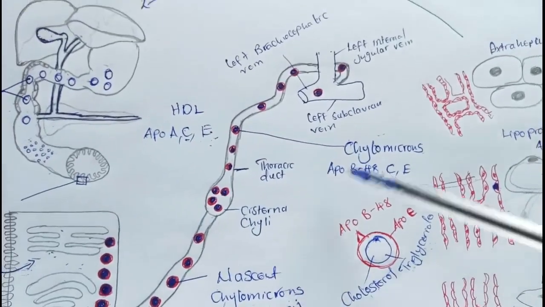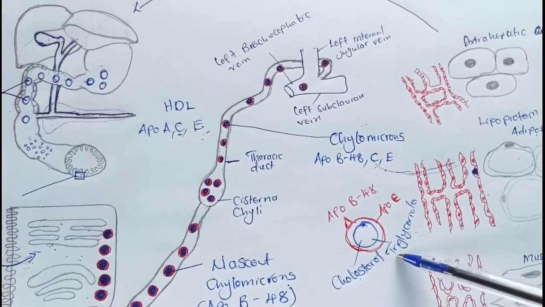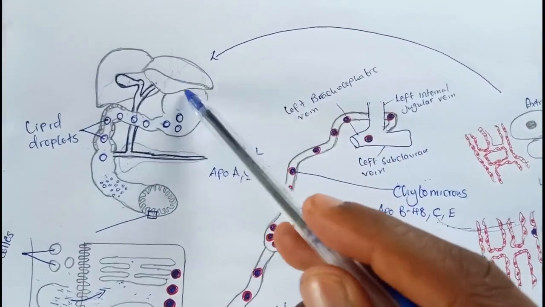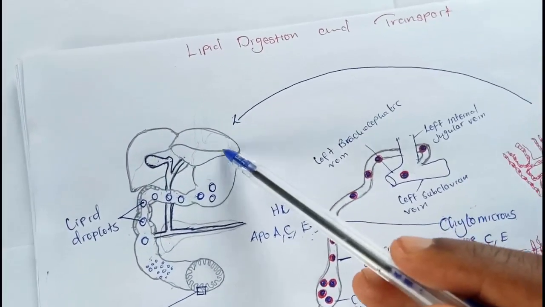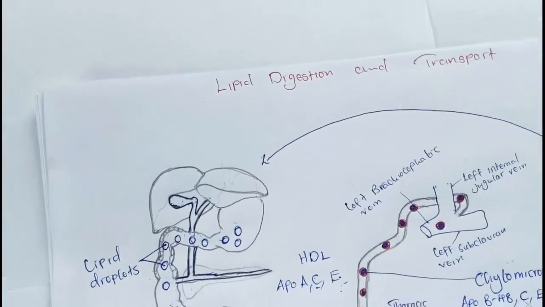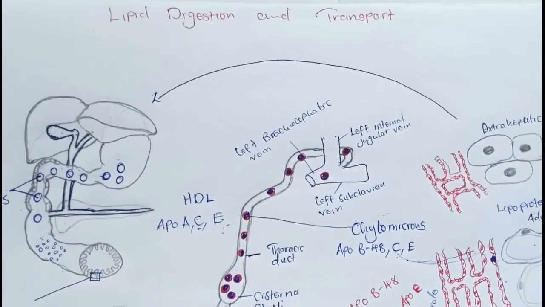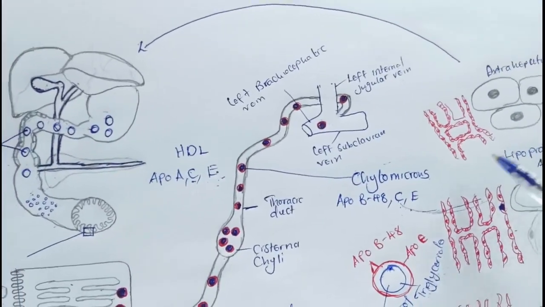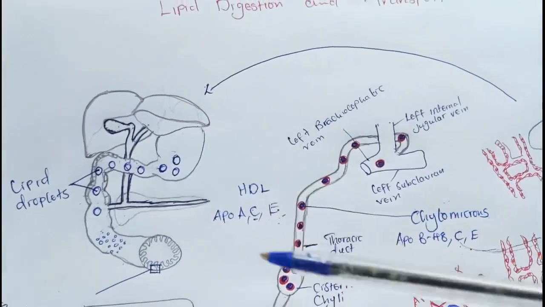All right, remember the types of chylomicrons that I told you about. We have the nascent chylomicron, we have the mature chylomicron, and the chylomicron remnants. So what will these chylomicron remnants do next? They will be taken to the liver. When they've been taken to the liver, the liver can incorporate them into VLDL. Whenever you are starving, they'll incorporate them into VLDL, and that VLDL will provide energy to your extrahepatic cells. When it provides energy for the extrahepatic cells, the remnants of VLDL will appear as IDL, another type of lipoprotein, and that IDL can either be taken back to the liver, or if it has not been taken back to the liver, it can be